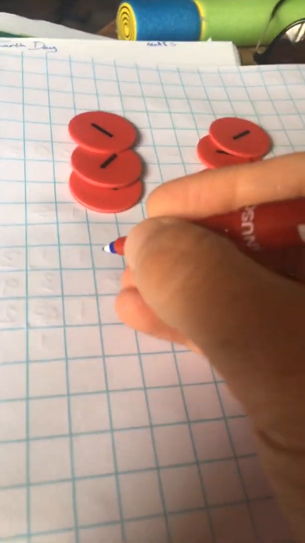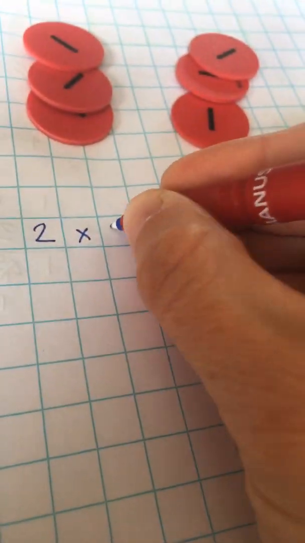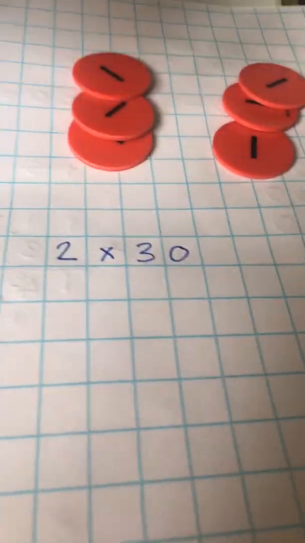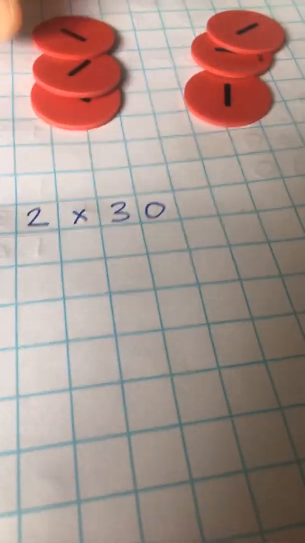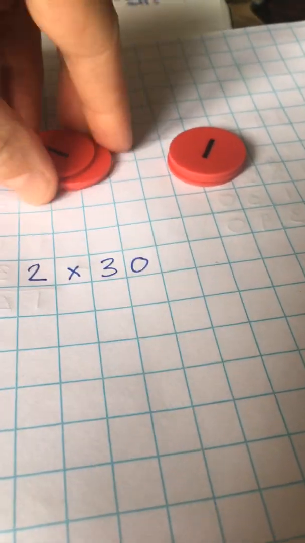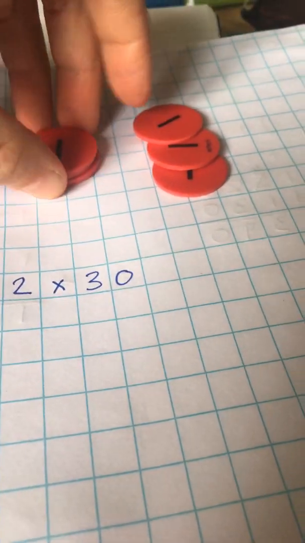So if you were to see 2 times 30, then we can use 2 times 3 to help us because we know 2 times 3. So this is what 2 3s look like. There's a 3 and there's a 3. So it's very easy to see 2 times 3. 3 and 3, that's 6. So that's nice and easy. So 2 30s,